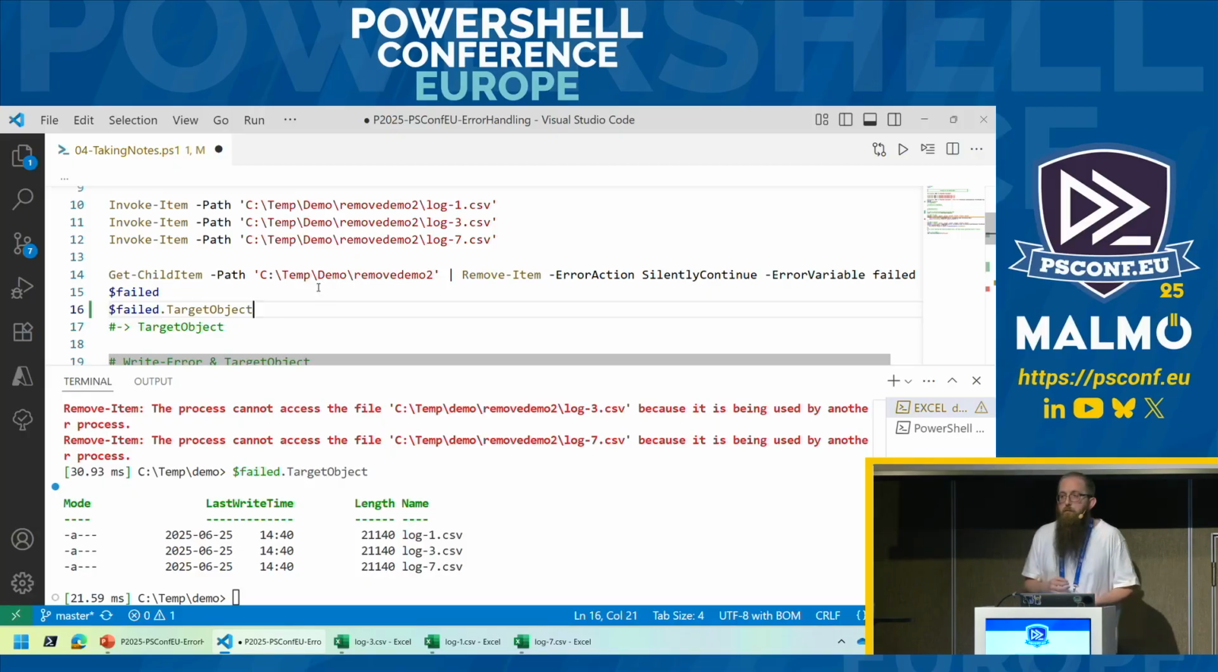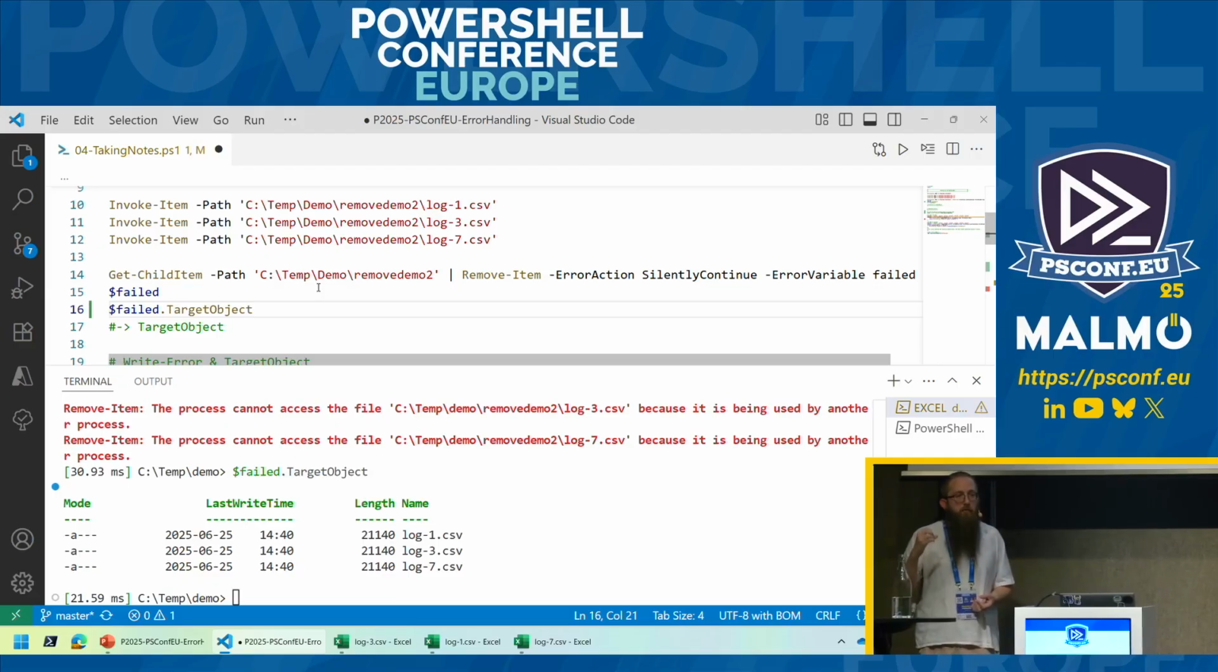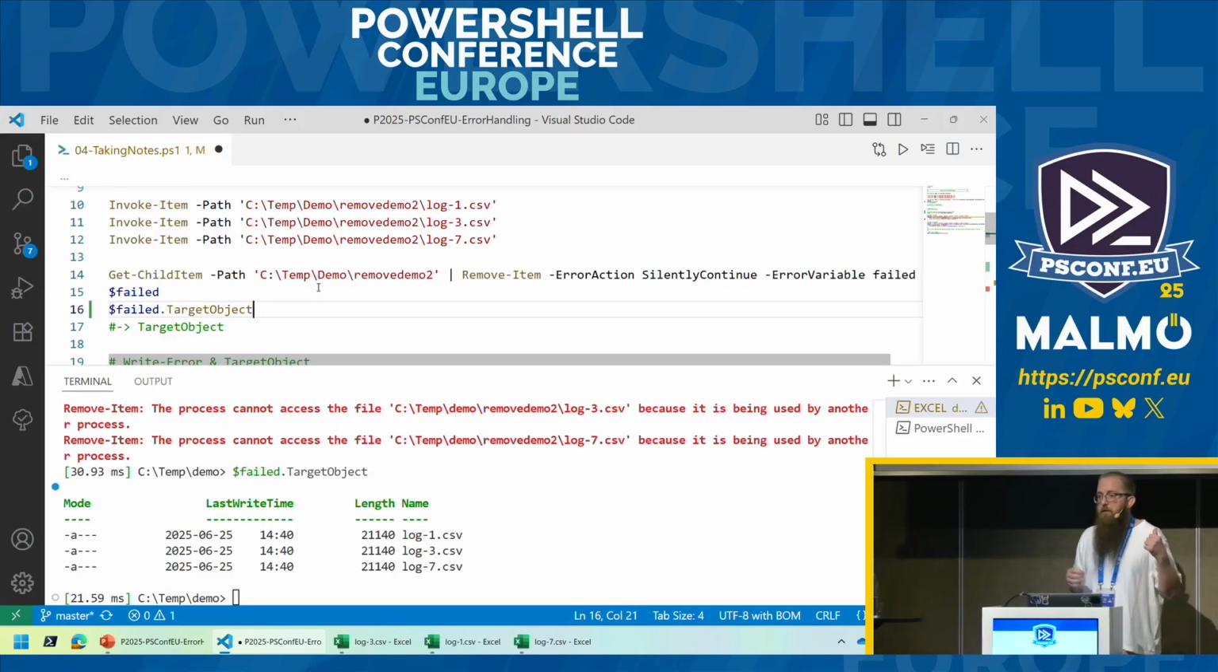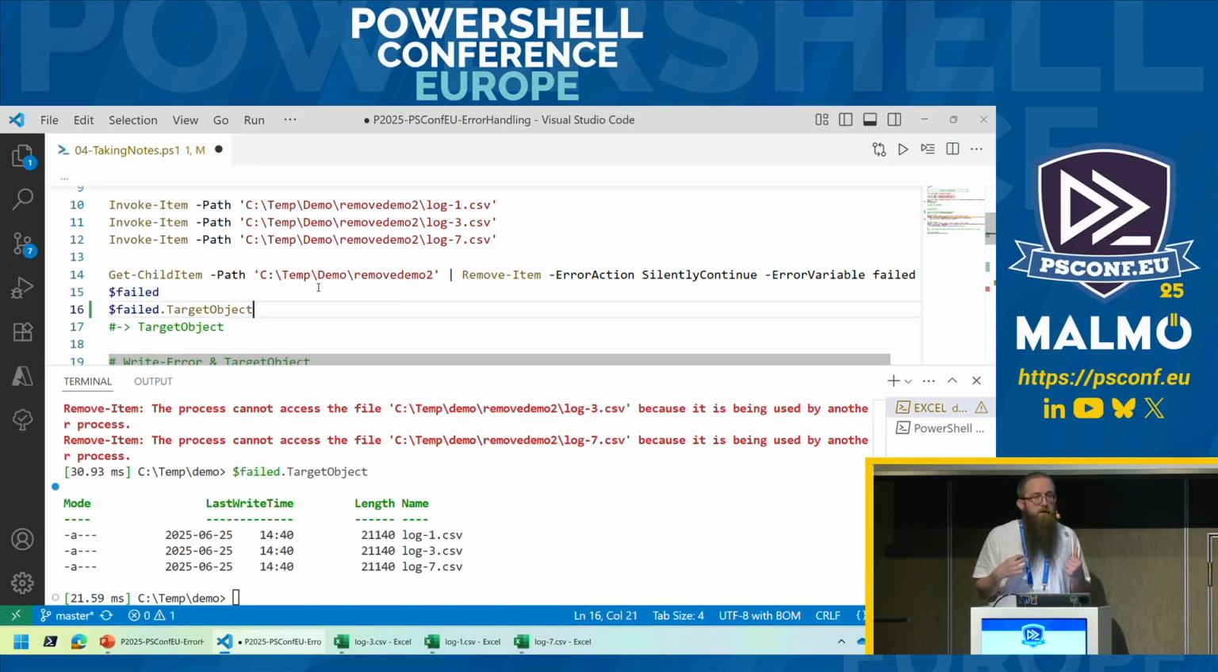which solves a lot of our problems where we split out the pipeline because we want to verify for each individual object just what object failed. With error variable, we no longer need to break up the pipeline, which is quite useful. We also no longer need to break up the command, which leads us to another fun one